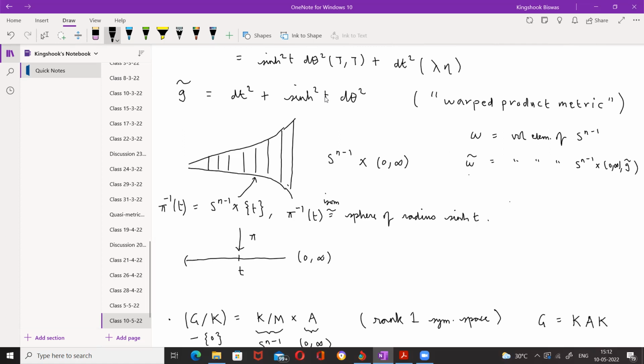Okay, this is S^(n-1) with the metric dθ². Fine. Then what will this be? This will be just